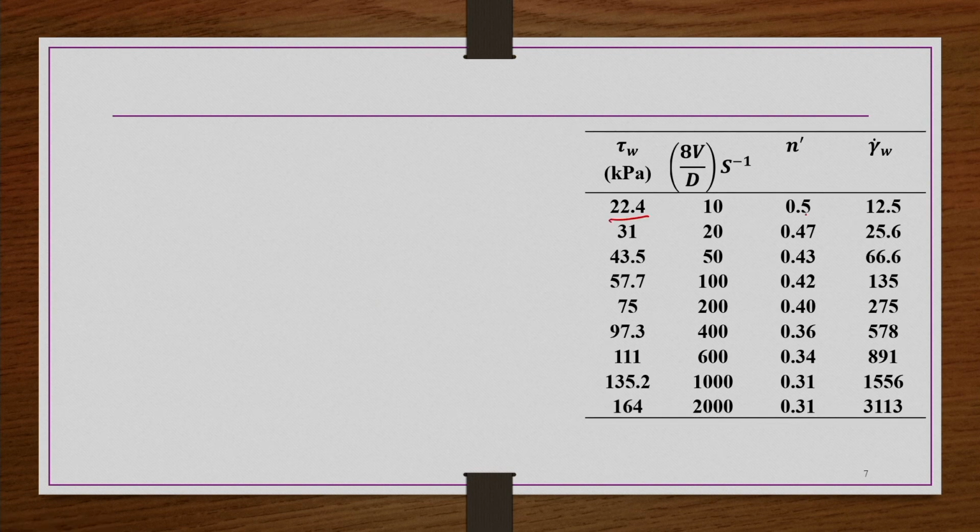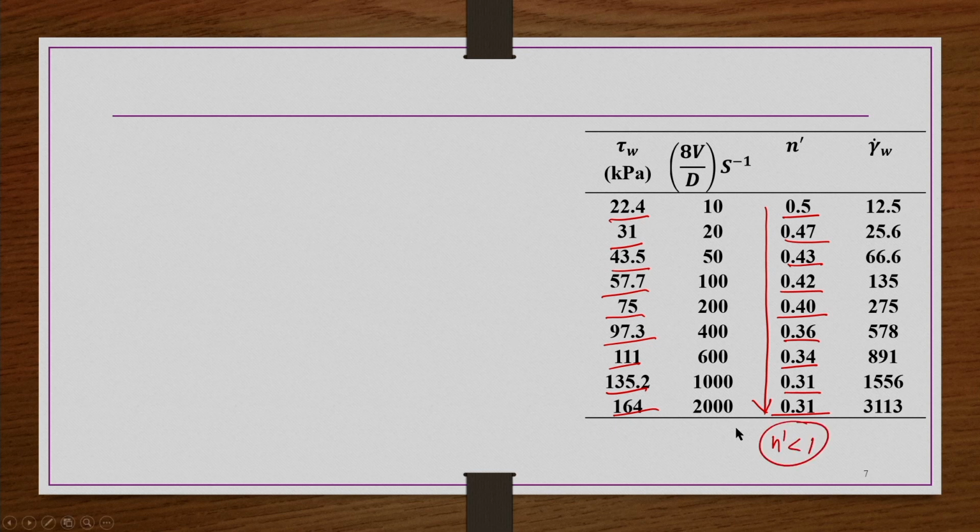So, that you do. So, then for each tau w value n prime has been found out. That corresponding to each tau w value, what we have done, we have plotted a tangent at that point on the graph of tau w versus 8V by D curve, and then corresponding n prime value we have found for all the cases. And then you can see here the n prime is less than 1, and then as tau w increasing, it is further decreasing. That means higher shear stress, if you are increasing the shear stress or increasing the shear rate, it is becoming more shear thinning kind of thing. N prime less than 1, that means it is a shear thinning, and then that shear thinning behavior is increasing with increasing the shear rate or shear stress.